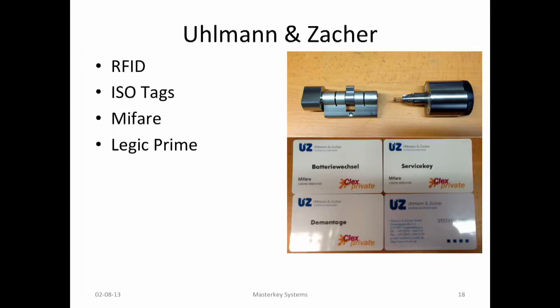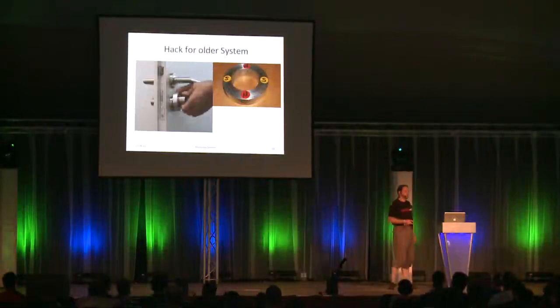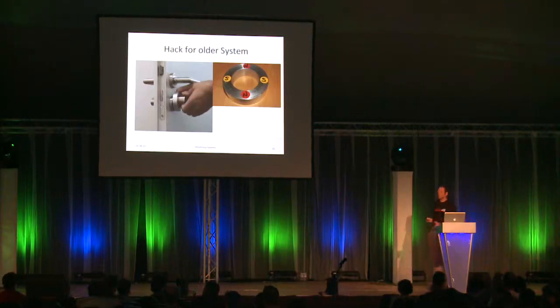But common, he also manufactures some OEM systems sold under another name. And this was one of the first attacks a few years ago. This was an aluminum ring with some magnet inside. And you just pull it over here and turn it 20, 30 times. And the motor inside will be turned and the lock will be opened without any trace. They may have fixed it with a software update, so they monitor the motor or something like this. But I don't like the style of this lock in my door.